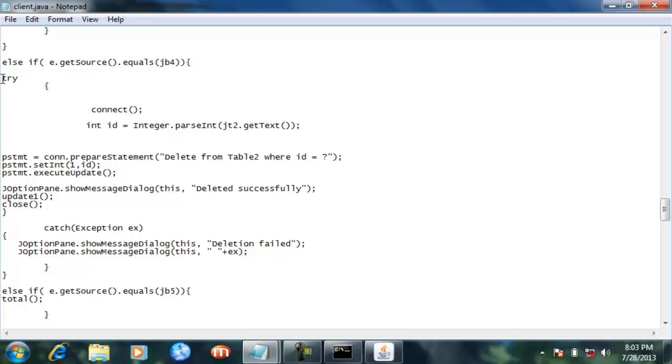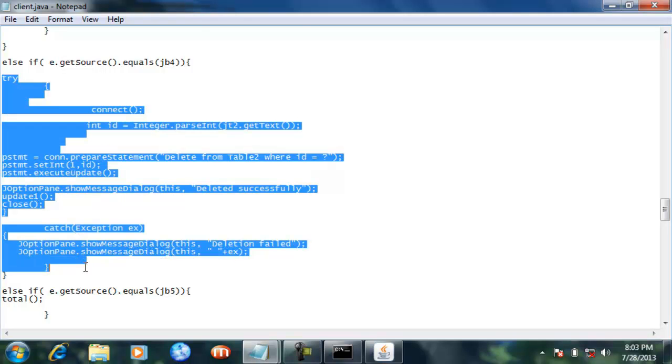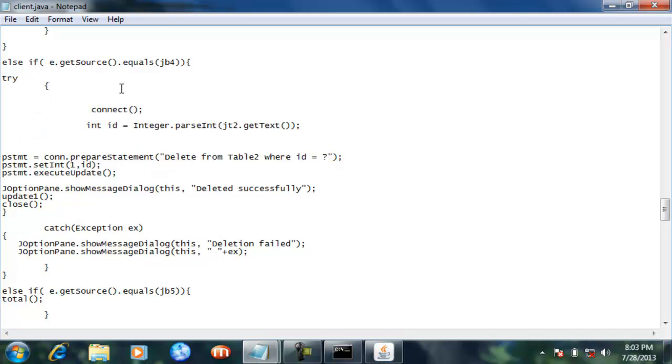So guys, see here, this is the try and catch block which exists inside this else if statement, and now we will see how deletion of data takes place. First, the connect method, in order to create a link between the MS Access database and the Java application.